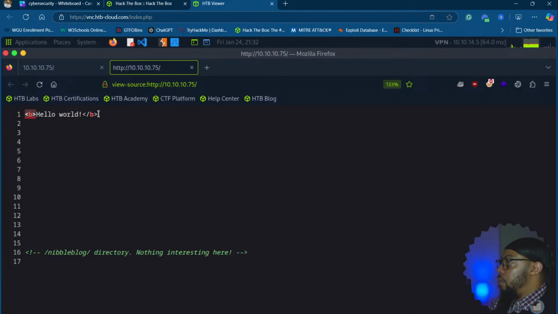And what this means is someone just wrote a string. But what is more important is at the bottom, there's a note. This is how you make a comment. And